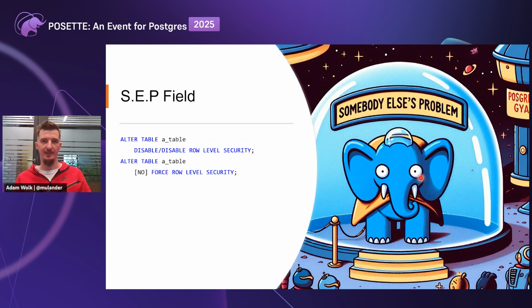Anyone with a BYPASSRLS role will be able to bypass it. Also, the superuser will be able to bypass it. And there are some mechanisms of PostgreSQL that simply ignore it, for example, the truncate command or any foreign key references, but they need to do it to provide integrity, essentially. And there are some leak-proof functions that can leak data that we may touch upon later.